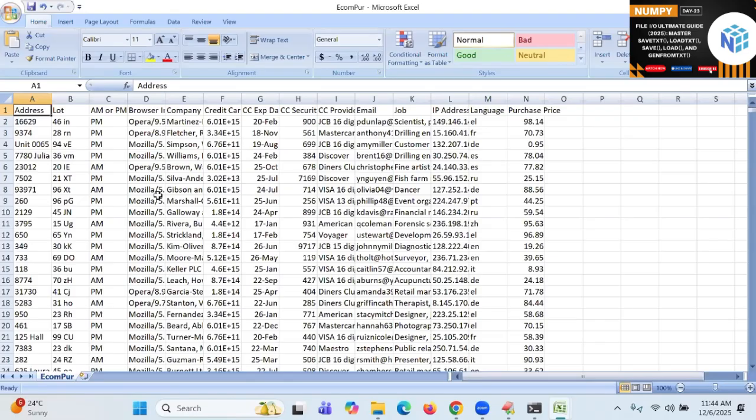Don't try to depend on old jobs. Software engineer, senior software engineer, nowadays if you see, the package is almost 1.5, 2.5 LPA, I'm talking about. Try to get minimum 8 LPA. Try to upgrade by yourself. Do this kind of analysis projects.